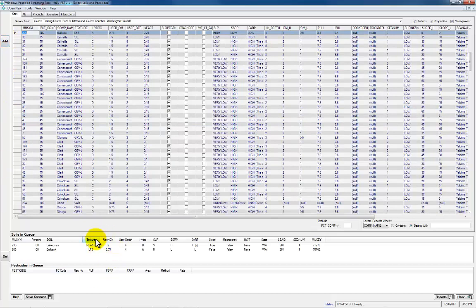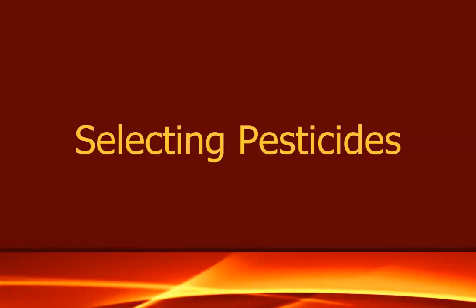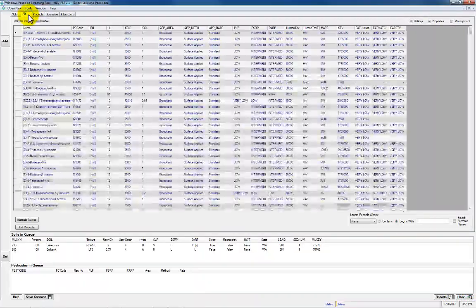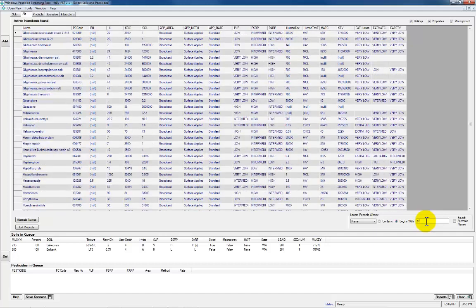And once you have all the soils in your field in the queue, you can now switch to pesticides. There are 2 tabs for pesticides. There's an AI tab, AI standing for active ingredients. You will use this typically if you can't find a product name in the products tab, but you know what the active ingredient is. So for example, if your client is using a product with glyphosate in it, but you can't find the product name in the product tab, you can come here to the active ingredient tab and type in,